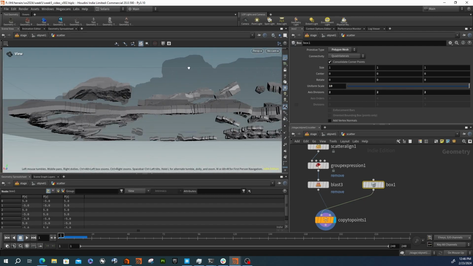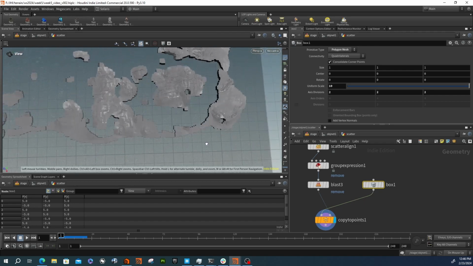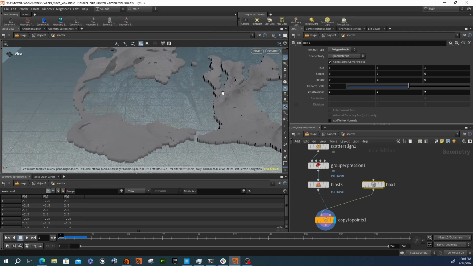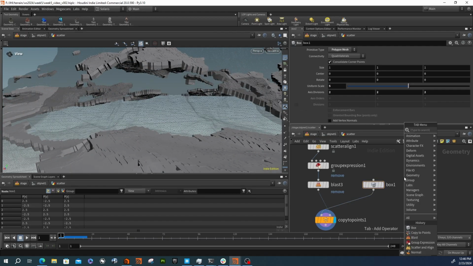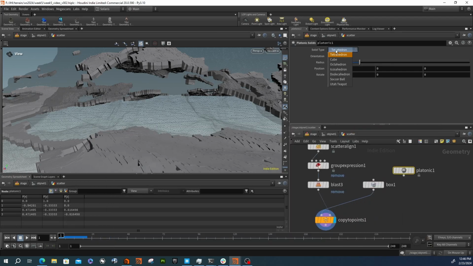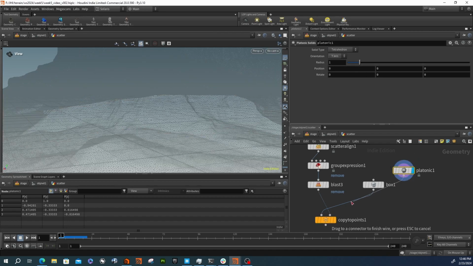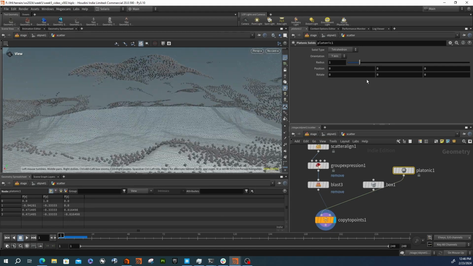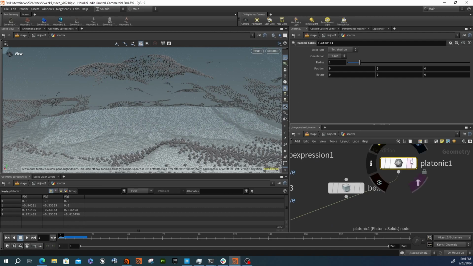All right. So right away I can see they're all kind of following the terrain. And let's do a different, let's do platonic. And let's do a tetrahedron. There we go. And I want this